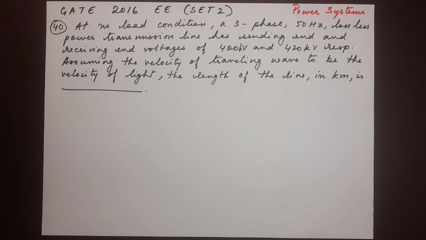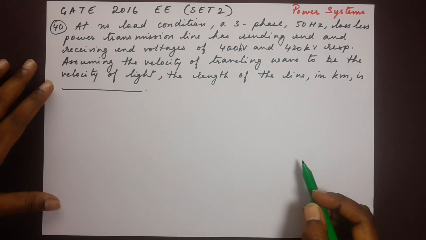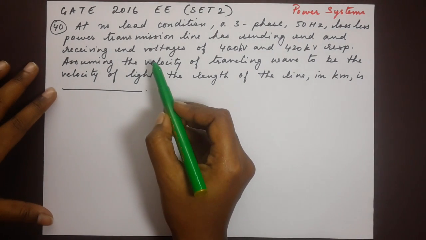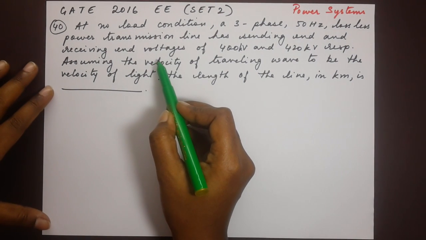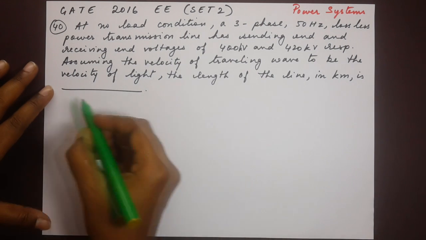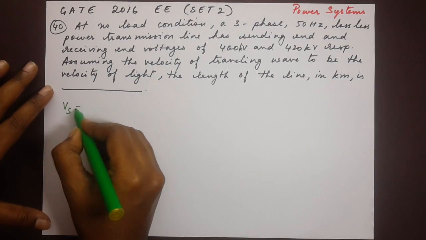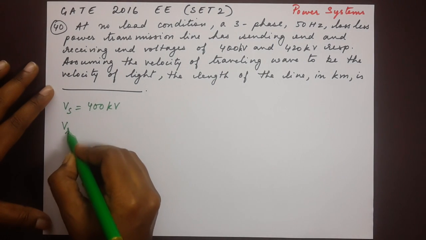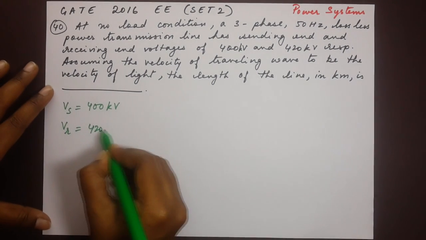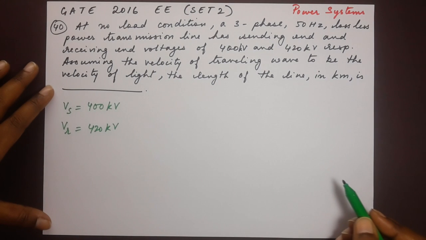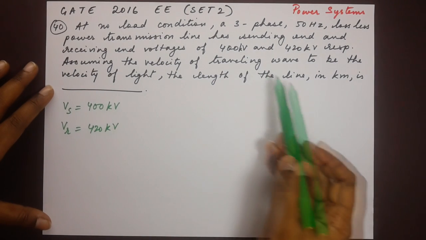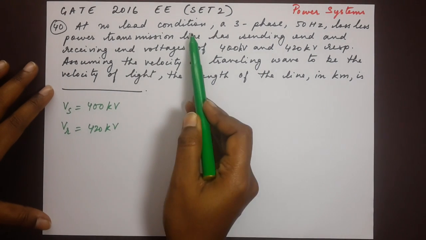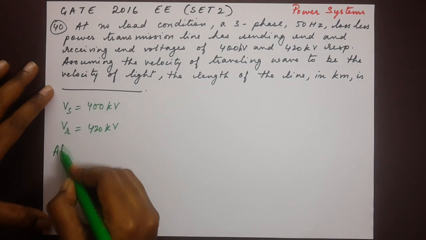Okay, so let's first write down what's given to us. We have been given the sending end and receiving end voltages here. So Vs is given as 400 kV and Vr is given as 420 kV. Now the question talks about no load condition. So at no load,